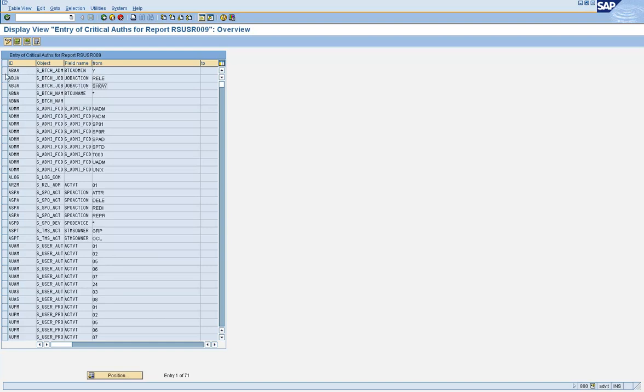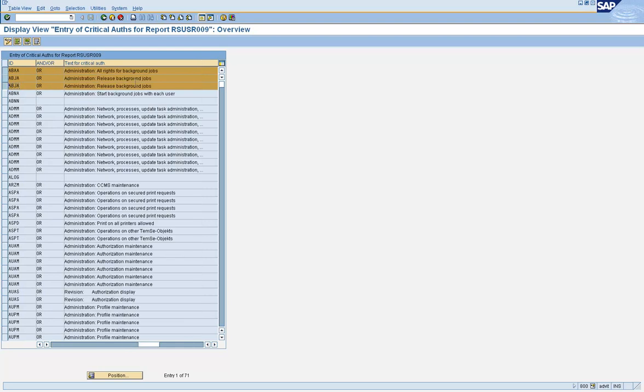That combination will become your criteria for creating a user ID. No, not exactly this. This is for creating background jobs. This option that I highlighted gives the ability to do background job administration. Understand? So remember this.